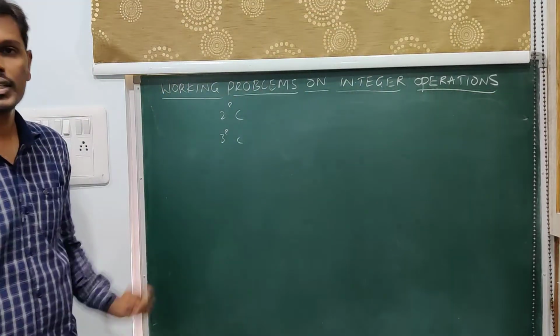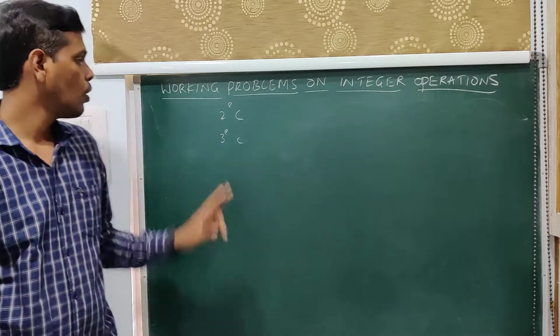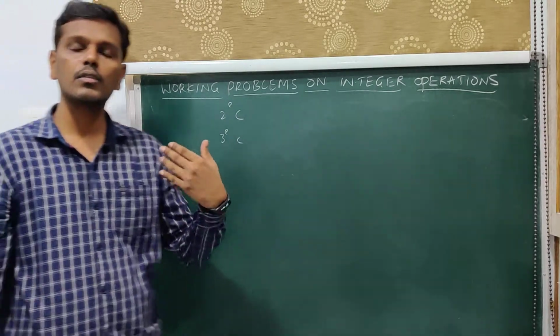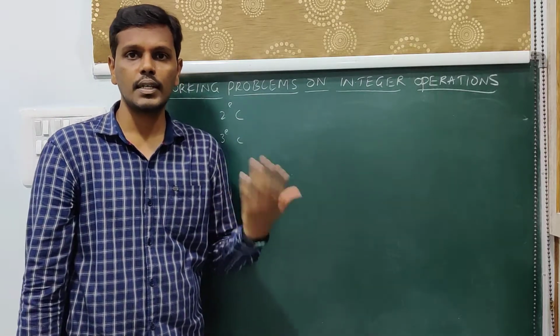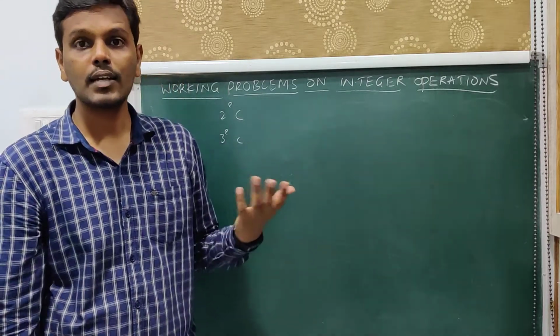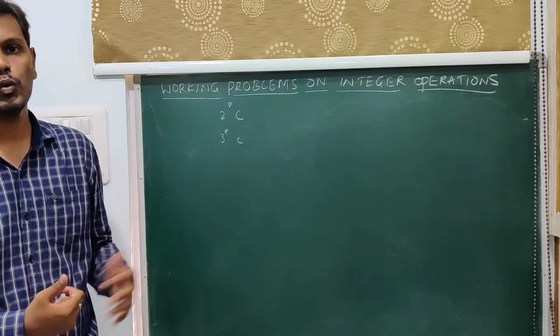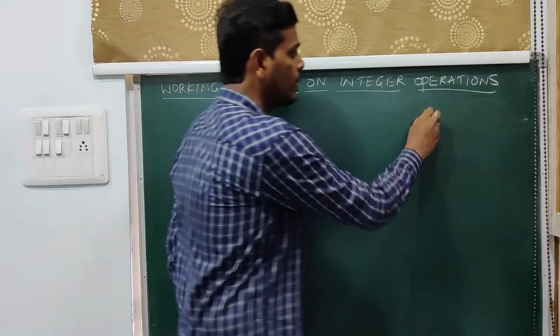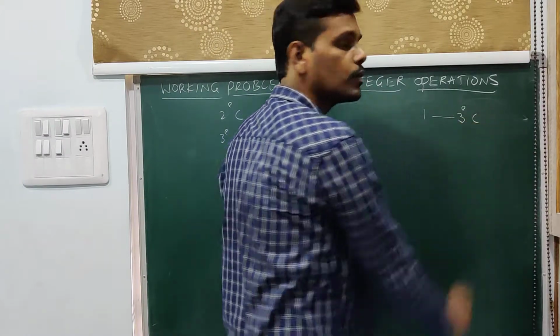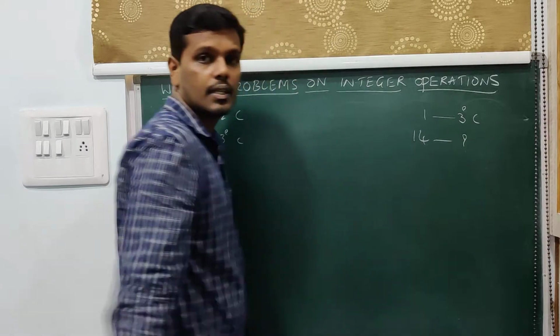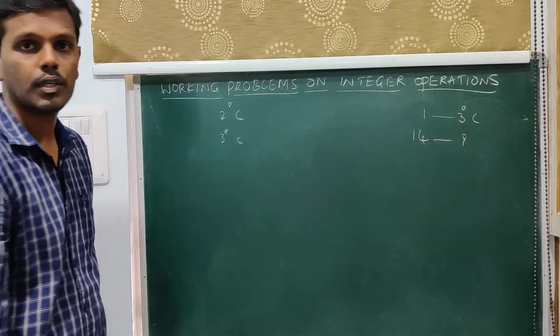Okay. So the initial temperature is 2 degrees Celsius. One day it is being reduced by 3 degrees. Then 2 days it will be 6, 3 days 9, 4 days and so on. Likewise, we have to calculate it for 2 weeks. So 2 weeks is how many days? 2 weeks is 14 days. So one day 3 degrees Celsius is being reduced. Now 14 days, how many degrees get reduced? So that is what we do.